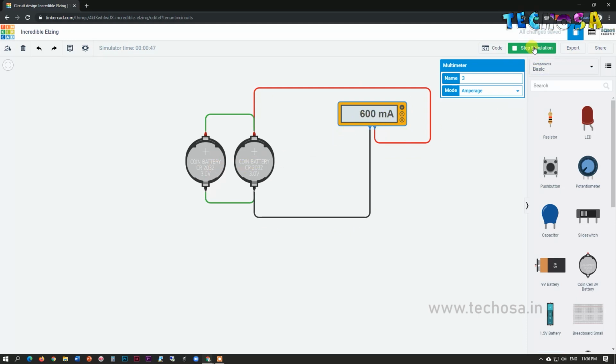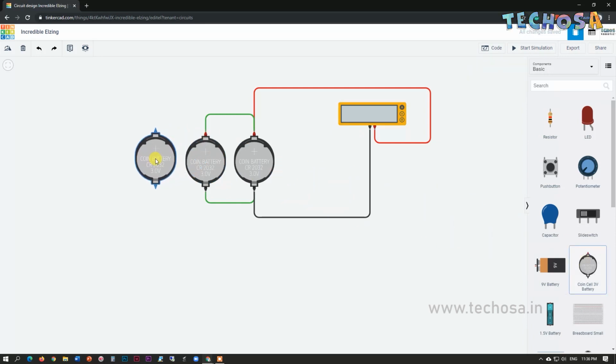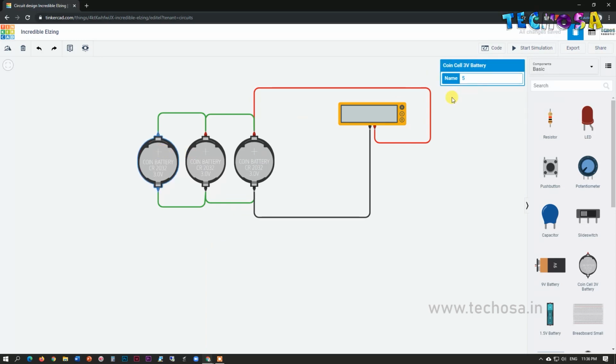We can add one more coin battery and can check the current. Here also we need to connect the positive terminal to the positive terminal of another coin battery and negative to the negative. So we can check the voltage first.